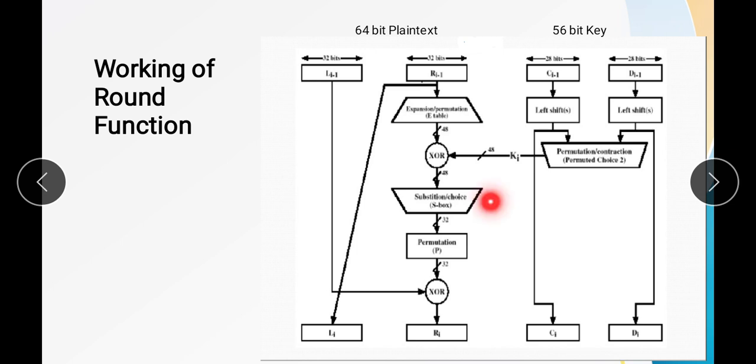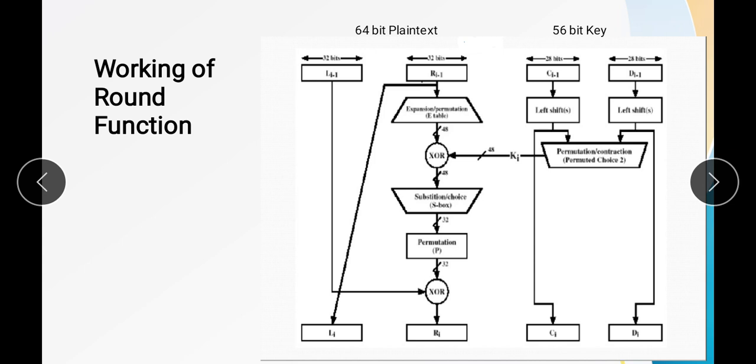After that, the 32-bit input is applied to the permutation function. Here again we use a transposition table and we get an output that is 32 bits. In this permutation we are just rearranging the data.